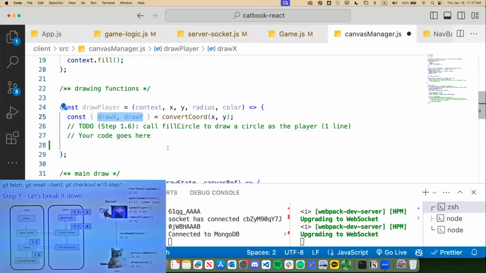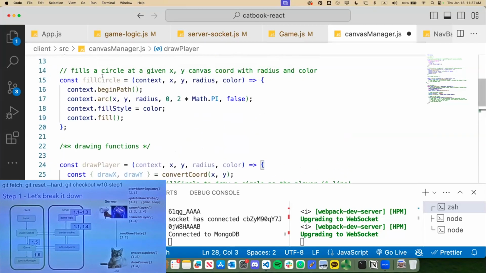This is the conversion between the real coordinate system we were talking about and the inverted canvas HTML coordinate system with the downwards facing Y. So this handles all that for us, and we don't need to think about that when we're using the HTML canvas. So we can just directly use